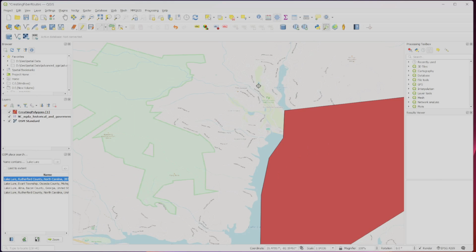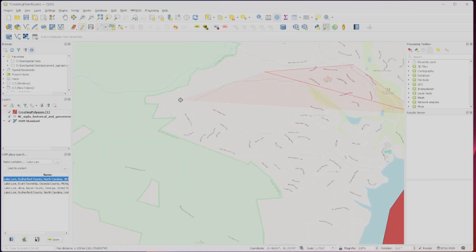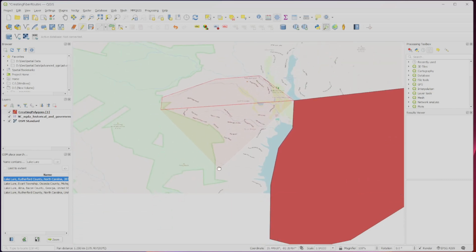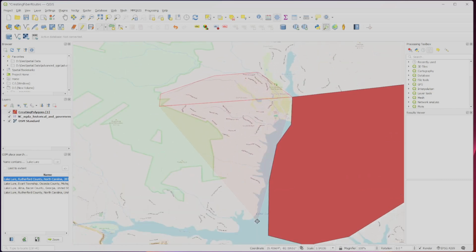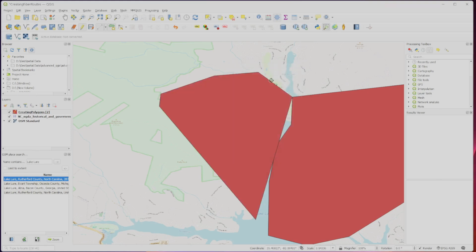So I'm just kind of determining my new neighborhood boundaries. Let's say that West Lake Lure comes this way a little further. Yeah, let's say that this is the Western Lake Lure community. So I set down my points and I right click, and I'm going to say this is Western Lake Lure. And now I have 2 polygons. When I'm finished creating my polygons,